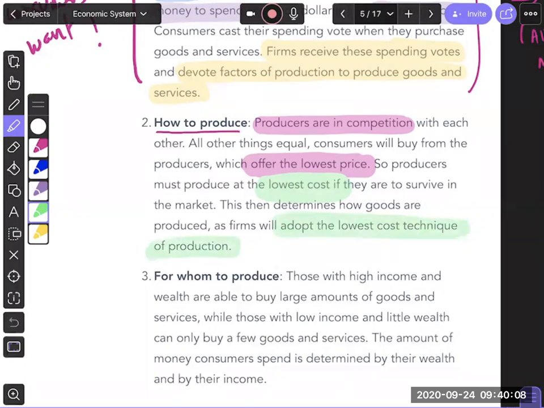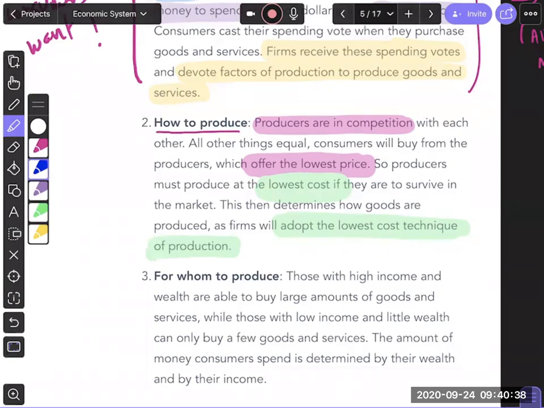So as a producer, if I am going to use those factors of production which are giving the lowest possible cost, I will be able to offer the lowest possible price. So in short, what we say, guys, is this, that from a producer's perspective, it is really important to be as efficient as possible. And the reason why it's really important to be as efficient as possible is because we are in a very competitive environment. Our competition means that we need to keep the price as low as possible.